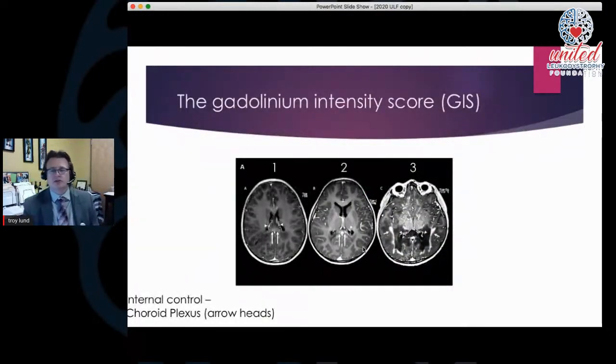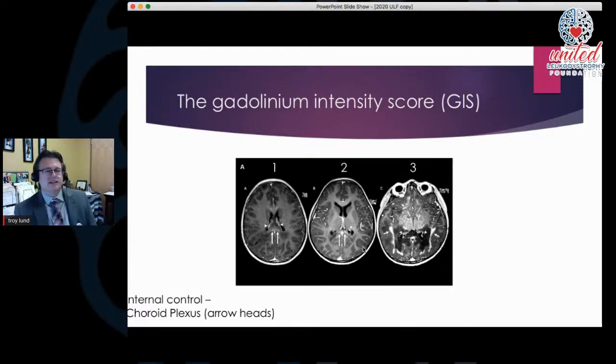Okay, let's go back to who's going to do well after transplant. And so we've spent a lot of time trying to find biomarkers, either imaging biomarkers or blood biomarkers or spinal fluid biomarkers that would predict who's going to do well, who's going to progress through transplant, and who's going to have arrest of the disease. And it turns out that this is really, really difficult.